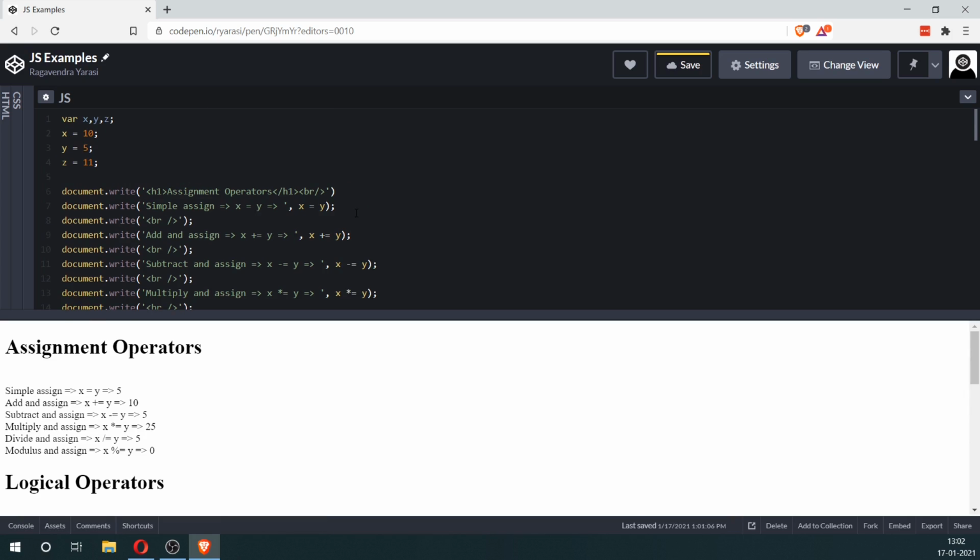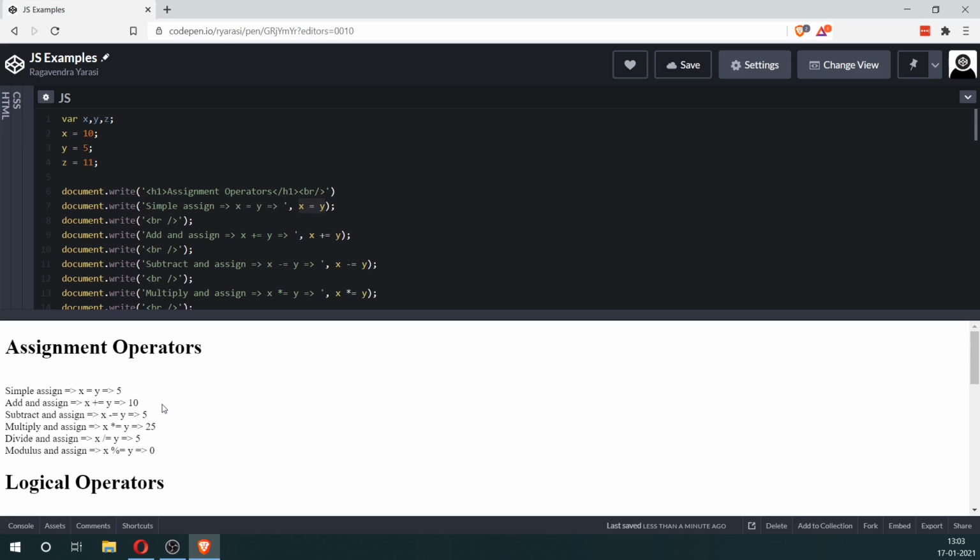Okay, so if you look at this, we're just giving x = y, and you can see that x is 10 and y is 5. So what is happening here is when we do x = y, it returns the value of y and also assigns that to x. So here you can see that this expression evaluates to 5 because the value of y is 5 and that is also assigned to x. So the new value of x will be returned here. And add and assign will basically say 5 += 5 because the new value of x is 5 now. So this means the new value of x here is 10 because 5 += 5 will result in the new value of x being 10.